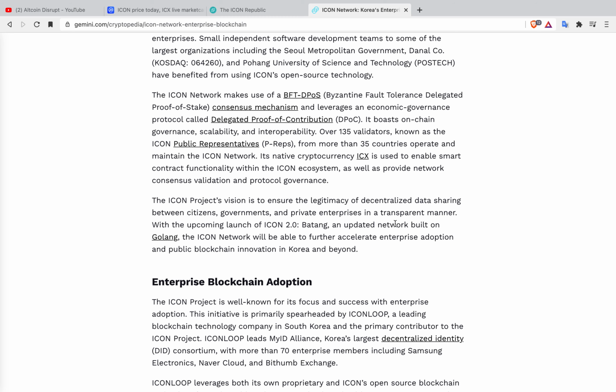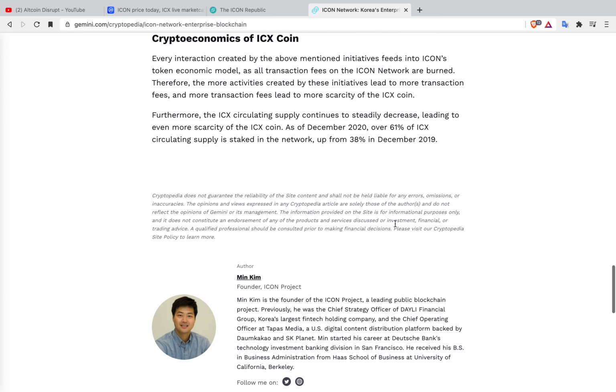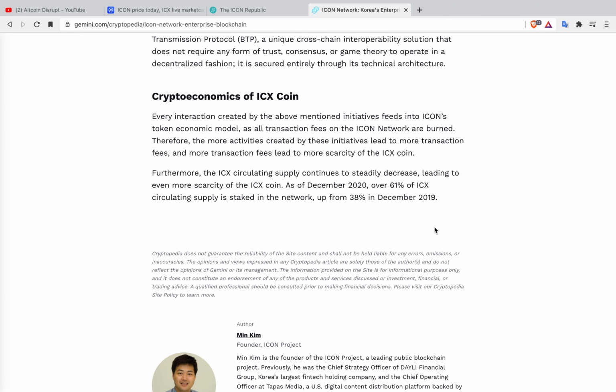Okay, so let's continue. Now, here's what I really want to get onto is the coin itself, because that's where my interests have been drawn. So let's just get to the coin. I know you guys are excited for that. Let's just get it out of the way.